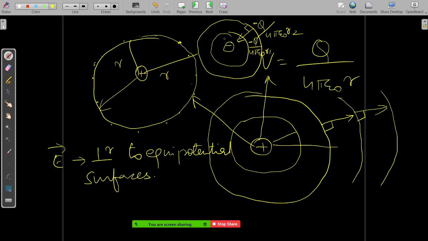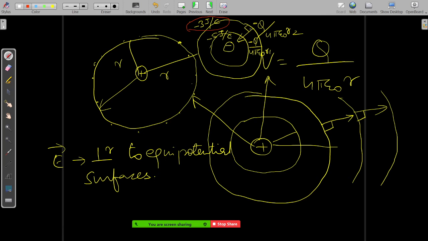You understood? See, here it will be what, -5 joules per coulomb, and here it will be what, -3 joules per coulomb. So in which direction is the potential increasing? Which surface has higher potential? The one which is closer. No, in this case, the one which is farther. See, it is a negative value. It is a scalar quantity. Negative means negative. So for negative charges, the potential will be higher farther away.